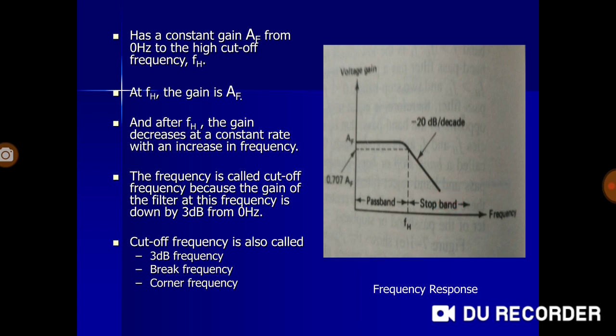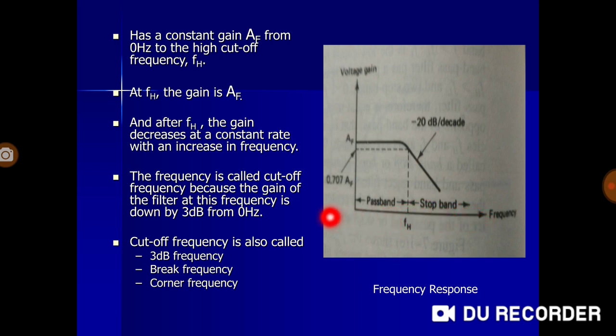If you take a look at this more closely, this fh is called the cutoff frequency, also break frequency or corner frequency. Cutoff frequency because from this particular frequency, the passband is actually cut off. The output signal is cut off. Ideally, the dashed line shows a constant gain up till fh, and then suddenly at fh, as soon as the cutoff frequency is reached, it will stop allowing any frequency to pass.